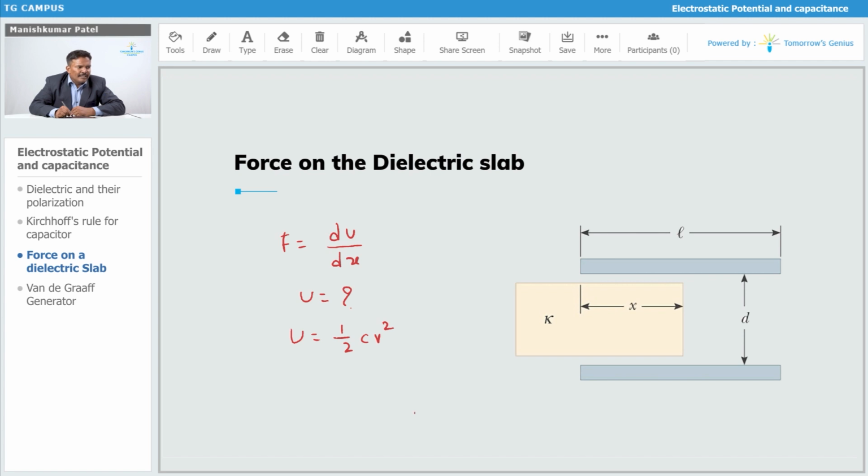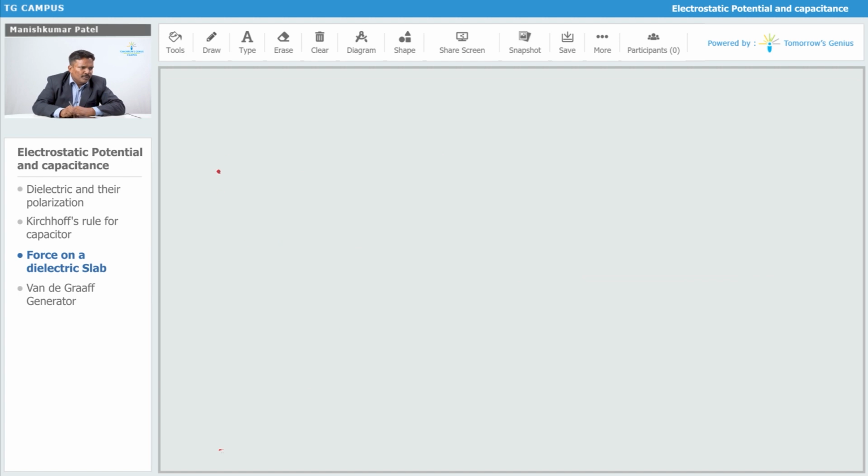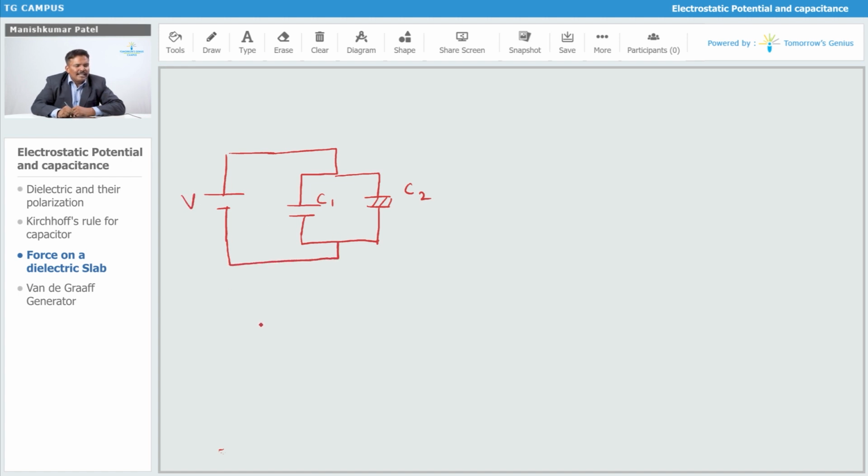For this, definitely you have to find the equivalent capacitance in this case. You can consider this separately also. I'm going to connect it across one battery, and then you are going to insert that dielectric slab. For a certain part, obviously there is a dielectric over here. So this is C1 and this is C2. When the battery remains connected, let the supply be V. So the energy is half CV square.